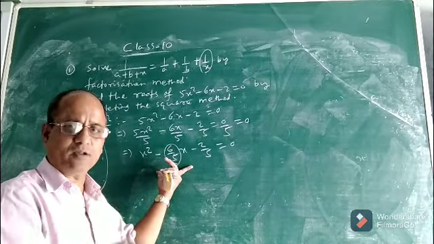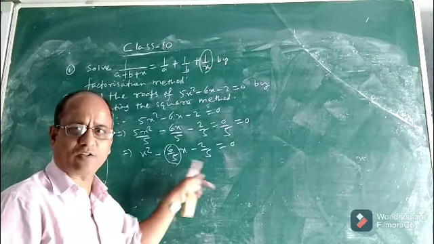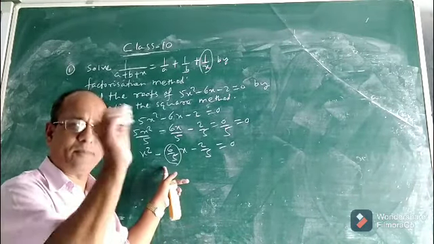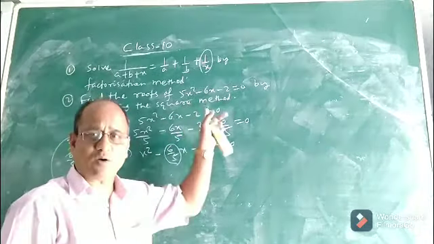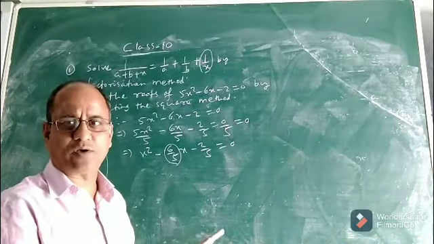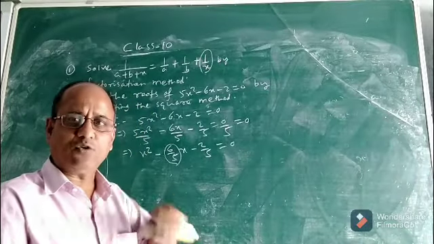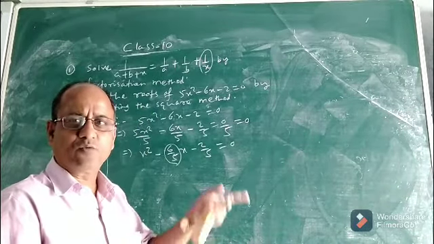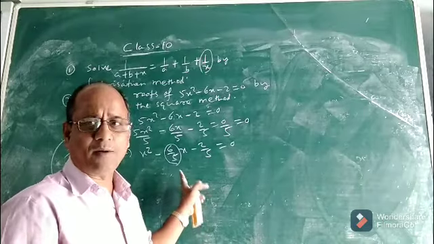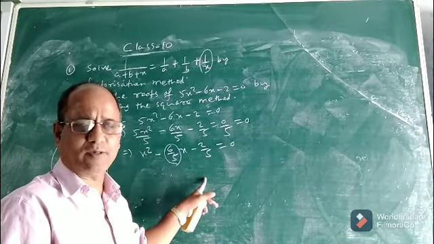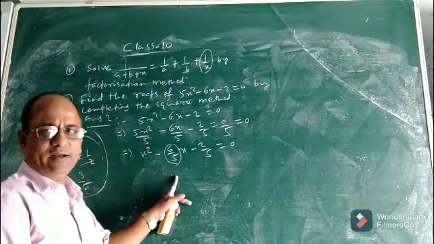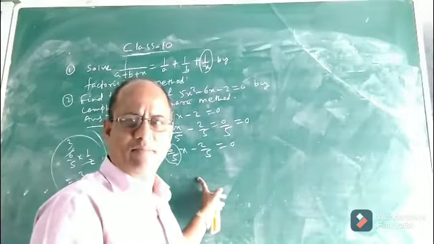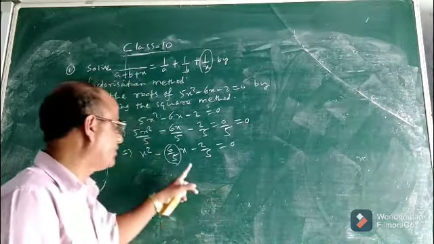Completion of square means you have to make the left hand side of the quadratic polynomial a perfect square, which is not a perfect square in the present question. In the question, the quadratic polynomial given is not a perfect square. We have to make it a perfect square. And to make it a perfect square, what we will do? We will bring it in the form of either a plus b whole square or a minus b whole square. So you see, and to bring it into the form of a plus b whole square or a minus b whole square, what we will do?